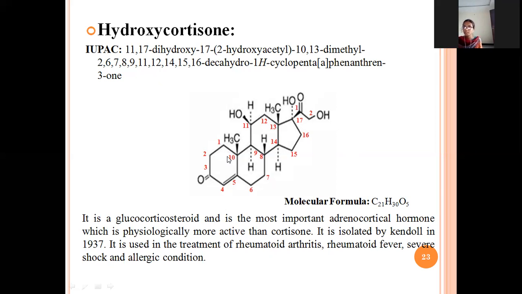in 10th and 13th position 2 methyl groups are there. So 10,13 dimethyl. In 17th position hydroxy is there. Again in 17th and 11th position 2 hydroxyl groups are there. So dihydroxy. In 17th position 2-hydroxyacetyl is there. See here,